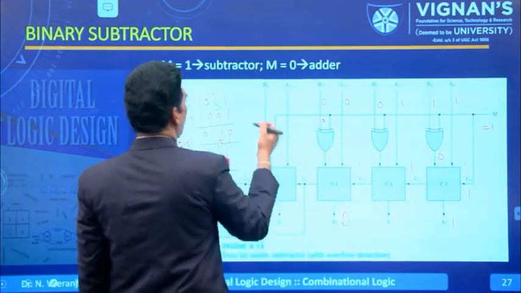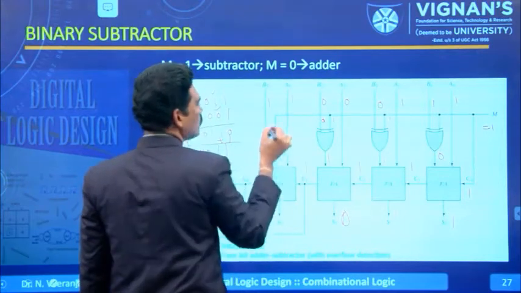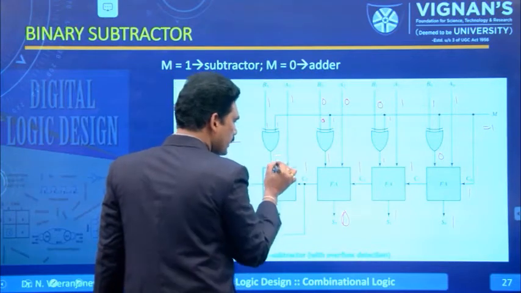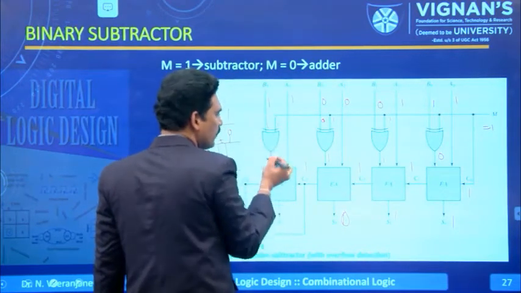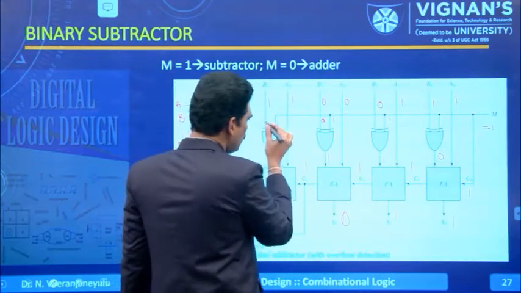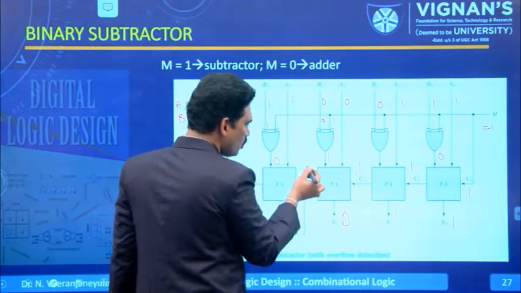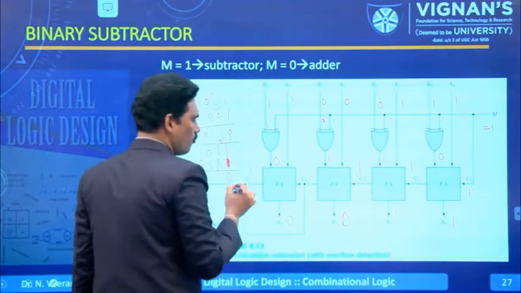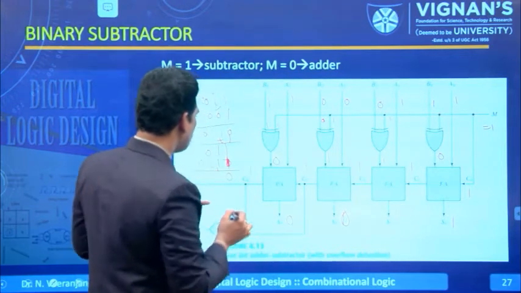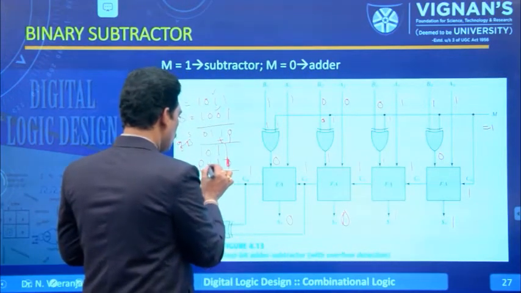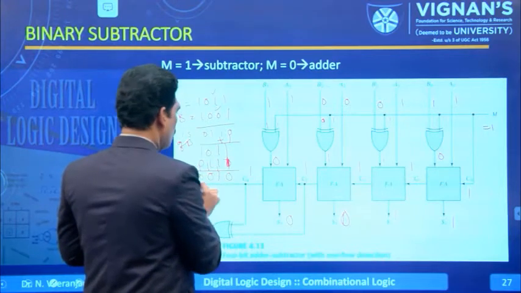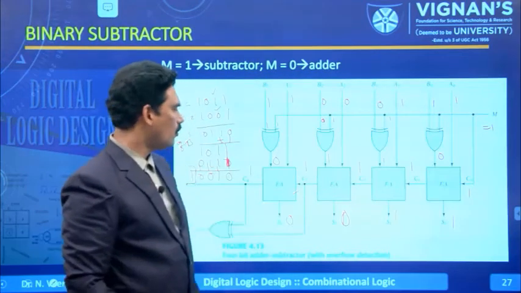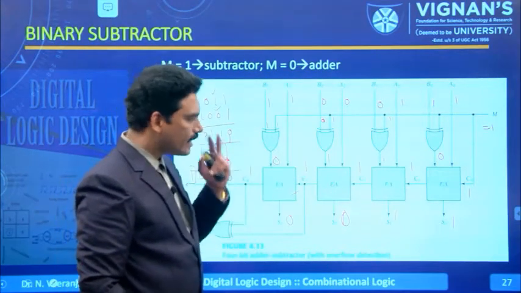Now A3. A3 is equal to 1, B3 is 1. So now this is 1, this is 1. M is 1, and 1, 1 means we are getting 0. Every time we are complementing, giving B bar 3. So this is equal to 0, 0 plus 1 plus 1, that is 0. That is, C is equal to 0 and we are getting 1 here. So what is the answer now? This answer is 2. If any carry is there, we are discarding the carry. We got the results. So what is the expression for this?